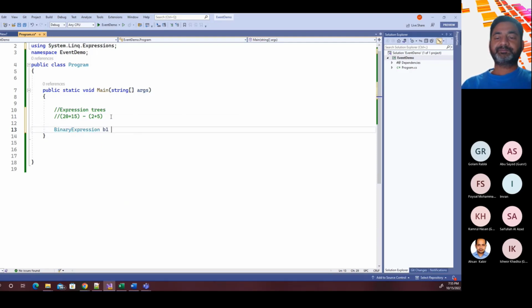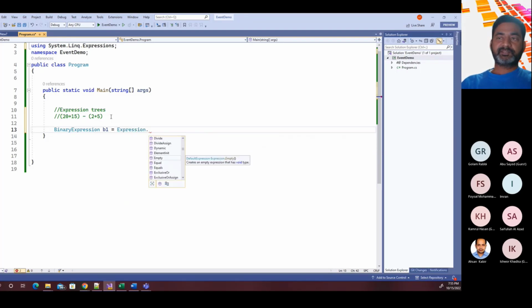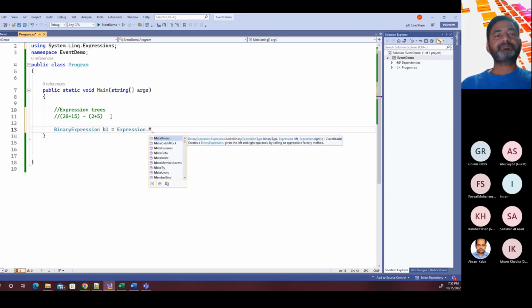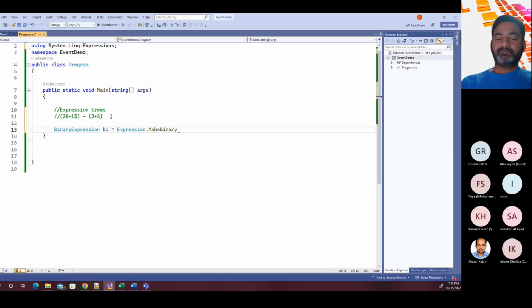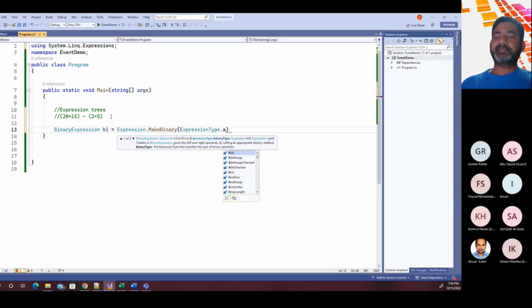We'll say B1 equals Expression dot MakeBinary, and for that we can say ExpressionType dot Add, because we are building the first node, add. So what to add? We'll say